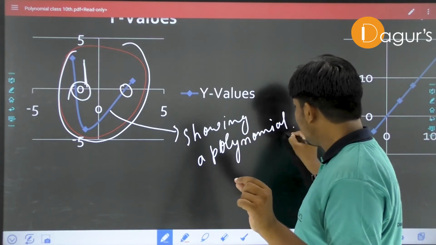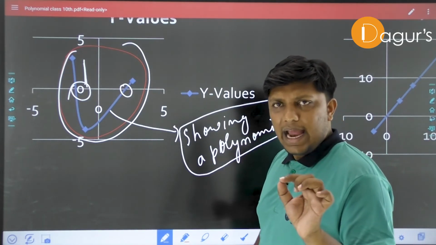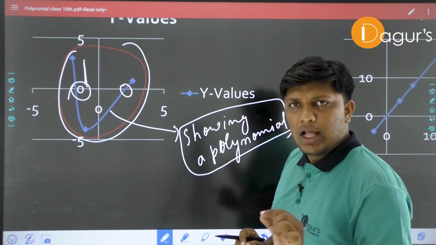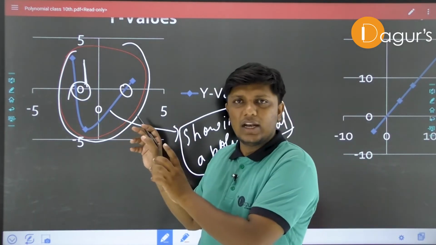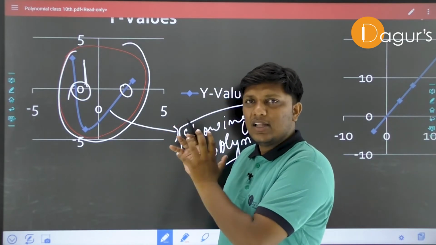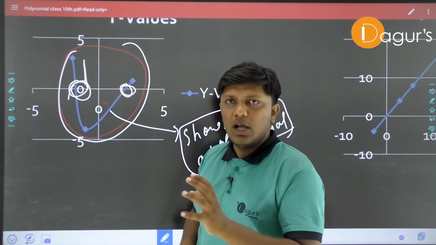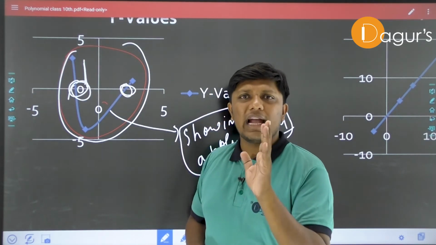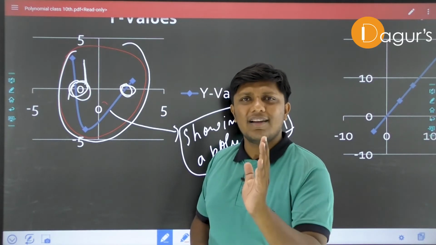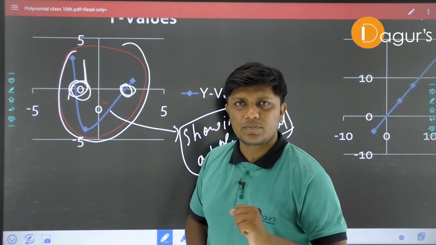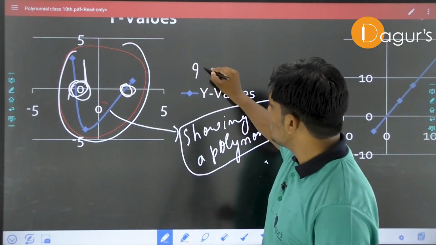Okay. This line is showing a polynomial. It may be any polynomial. And when we draw the graph of this polynomial, we observe that there are 2 points, one is here and the second one is here. There are 2 points where exactly the line of the polynomial cuts the x-axis. So here there will be 2 zeros